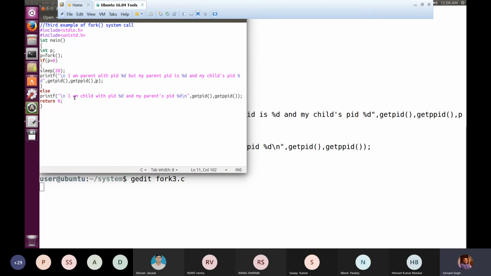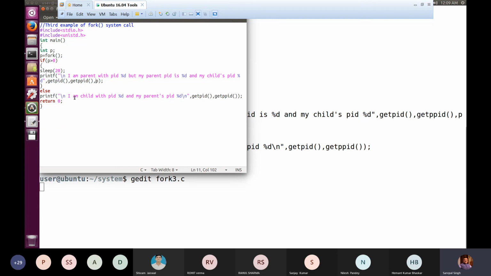If the sleep is still incomplete, it will resume from the point where it was interrupted previously, and it will complete the sleep, and after that it will execute the next statement. This is what happened in this case, which I just showed you on 43.c. So I hope you will replay this recorded session so that you can understand these three programs, fork 1, fork 2 and fork 3. These are the three programs just to understand the systematic use of fork system call.